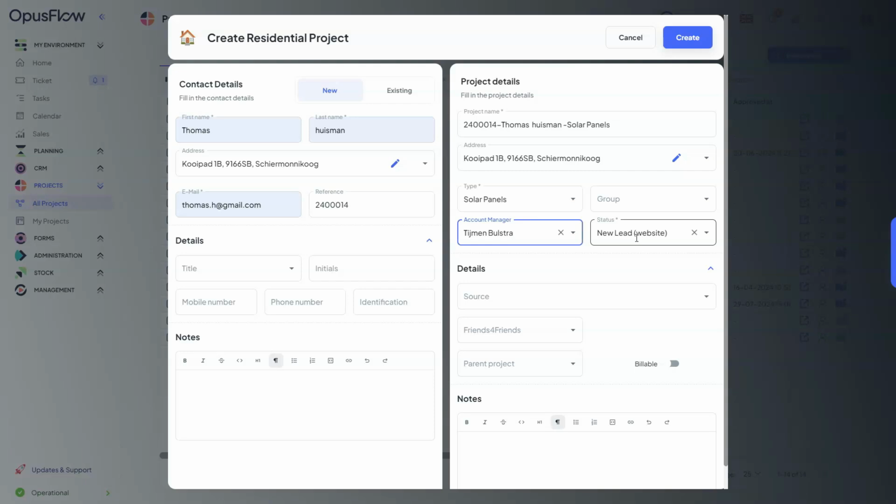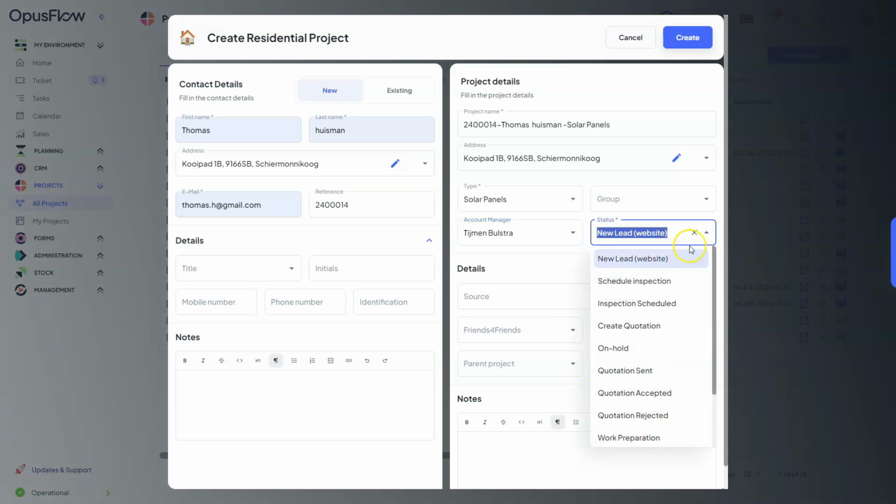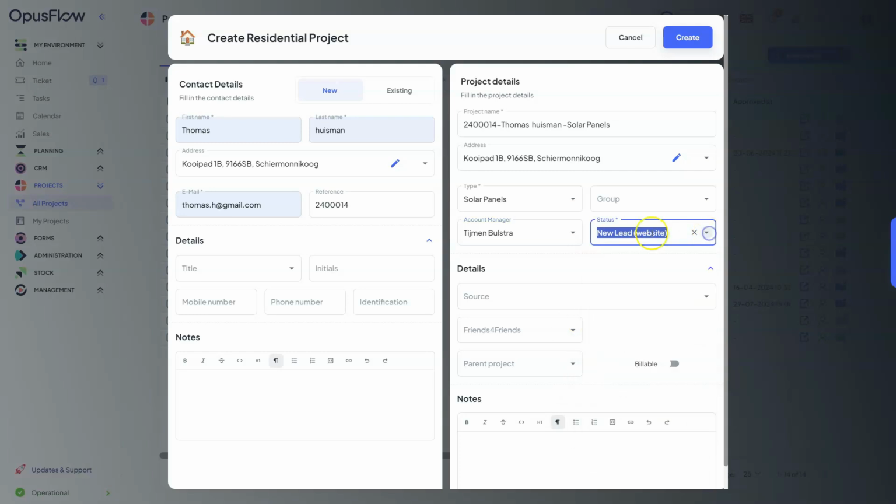This is how you can later on bring it into your automation and do some actions on this contact of yours. So by default, as I said, the status is a new lead, but you're also able to have other statuses. Mine is a new lead, so I'm going to keep it just like that.